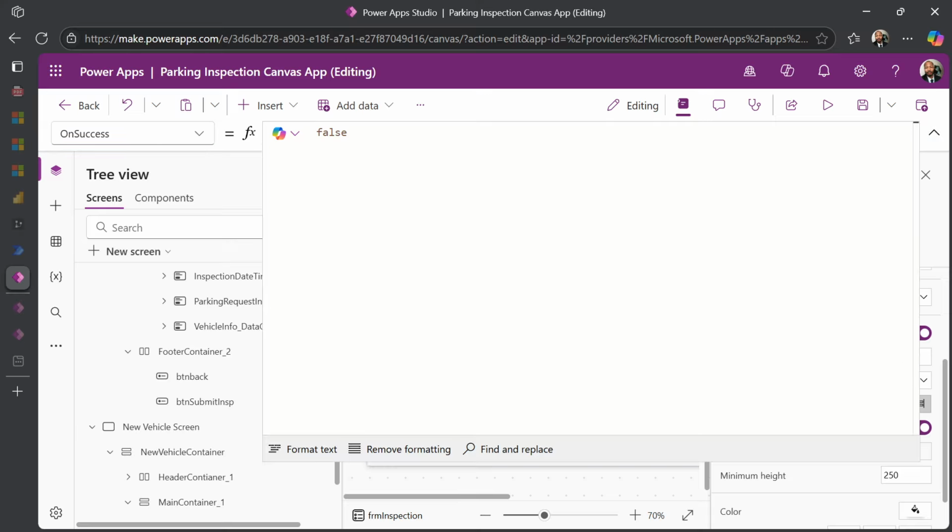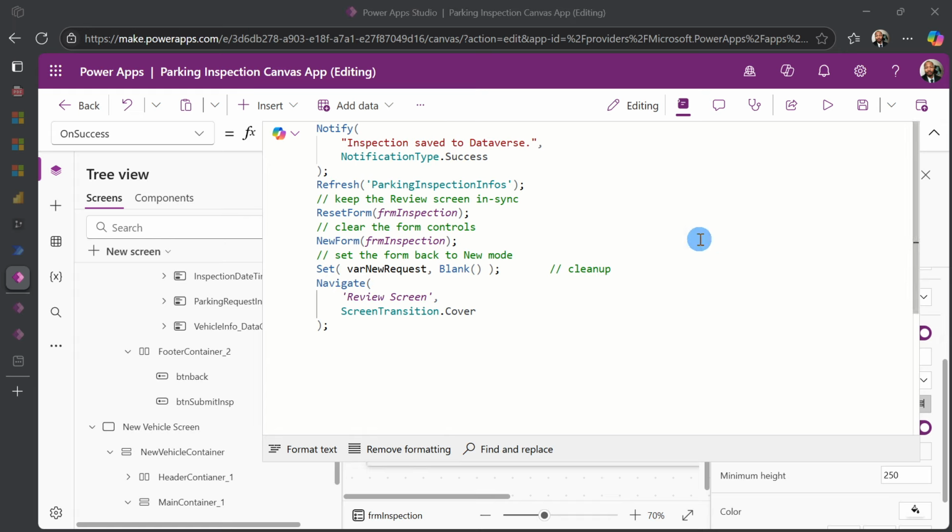And in our OnSuccess, we're going to put in this code right here. This is the code we're going to be putting in our OnSuccess. It's just a notification if the inspection went correctly. Then we're going to refresh our parking inspection info table and then reset the form,